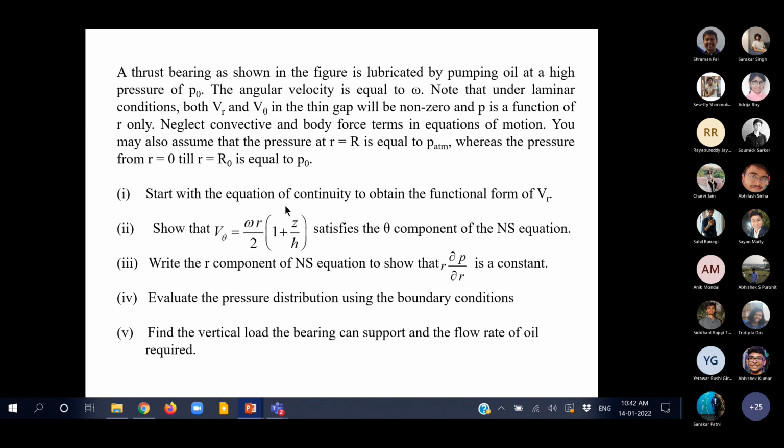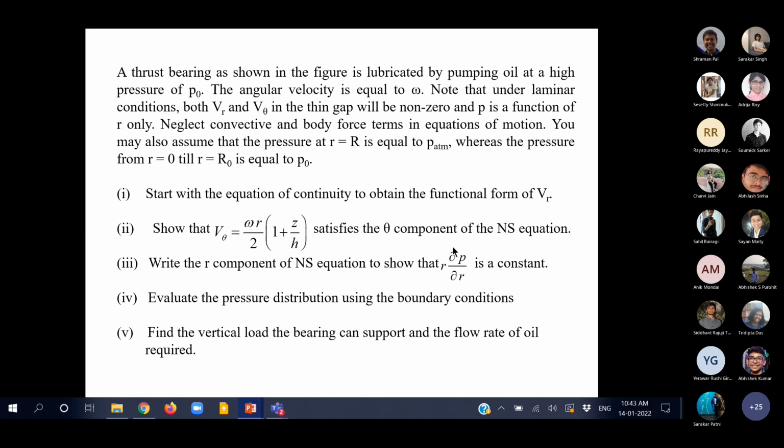Whether this is the correct, final form is open to question, but at least it meets the necessary condition that it has to satisfy the Navier-Stokes equation. Then you deal with the other important non-zero velocity direction, for example the R component here, and there you can see that you are slowly getting towards a pressure